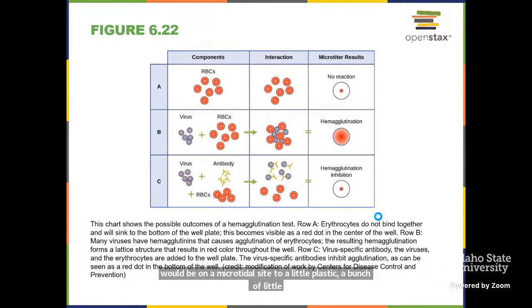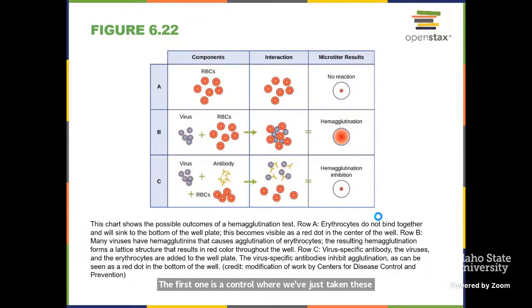And with that, you could also do a bunch of dilutions, so you could get titers. We could quantify how much antigen or antibody we are really looking at in these solutions, right? That's kind of above and beyond what we really want to think about, right? So this first one is a control where we've just taken these red cells and added them to the wells